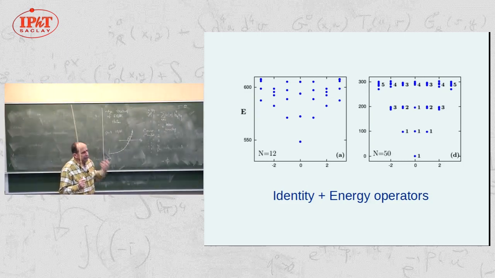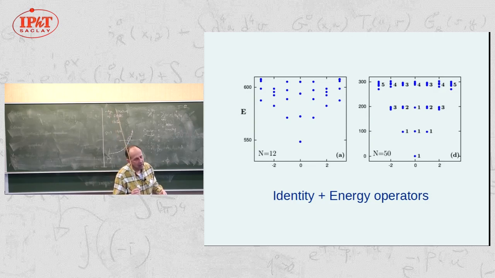In CFT, we have a symmetry group, the conformal group, which is of course infinite, but even its Lie algebra is infinite, and it's spanned by generators, which are the so-called Virasoro generators. The representation theory of this algebra is known in detail, and in fact, we know how to compute the degeneracy of the states, provided we know the algebra of these generators.